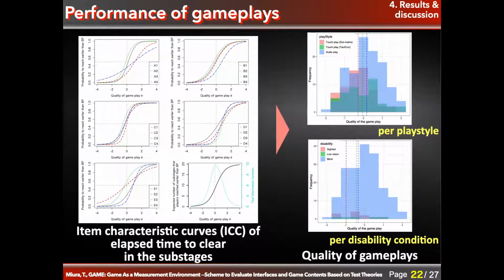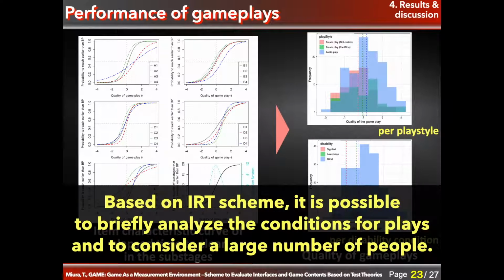On the disability conditions, there were no significant differences among the participants' disability conditions. So, based on the IRT scheme, it is possible to briefly analyze the conditions for plays and to consider a large number of people.